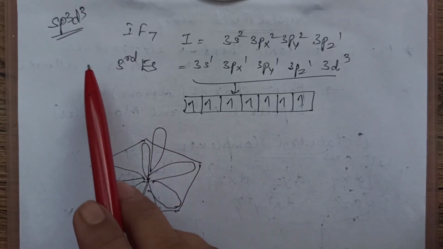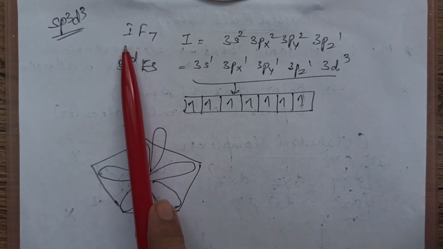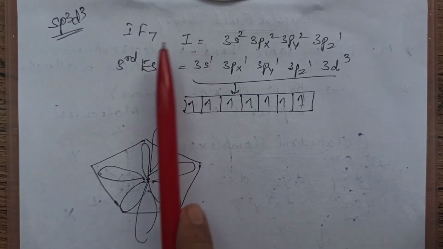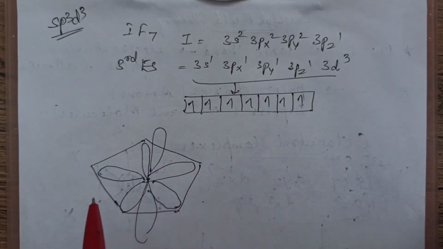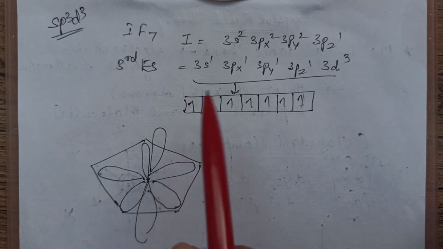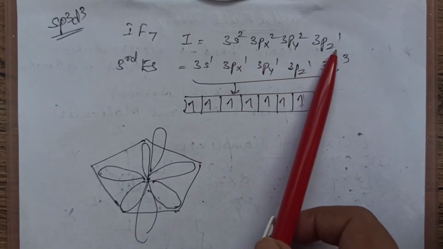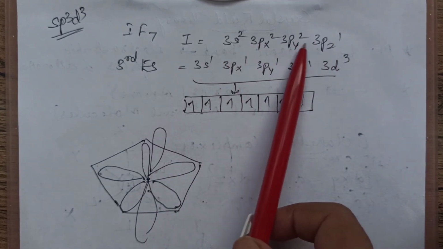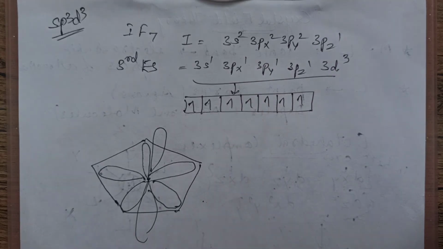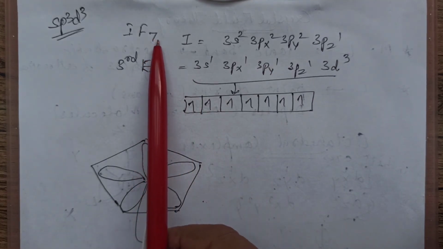Yeah, sp3d3 hybridization. We are taking example of iodine heptafluoride. I am writing it previously only to finish a little faster, otherwise the video becomes very lengthy. Iodine, we will write the central atom's configuration, the valence shell configuration, and we have only one unpaired electron. We need 7 unpaired for surrounding elements, 7 bonds to be formed.